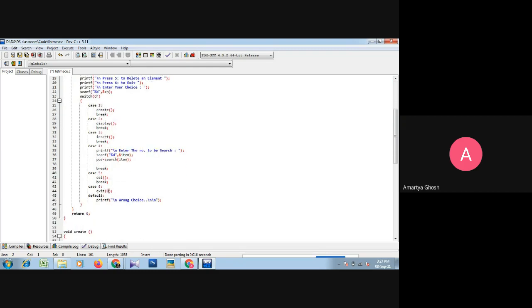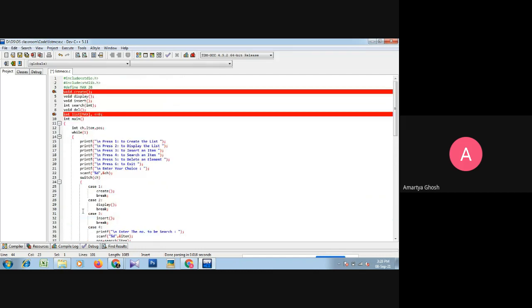Now in the exit function you can see we pass the 0 value, because according to its prototype, we have to send one integer value into this function. So we can send 0, 1, 2, 3, 100,000, any integer value. That doesn't matter. This 0 does not mean that exit is off. This 0 or 1 or any value represents an integer value because this value must be passed into the function.